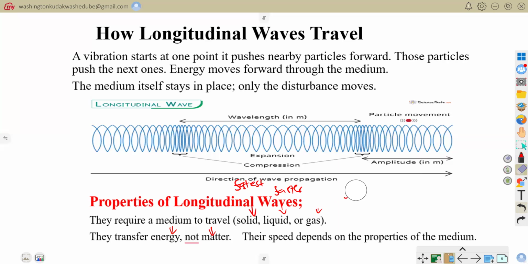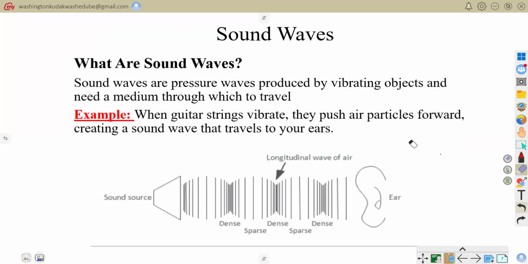Now, since we now know and understand how longitudinal waves propagate, or how they travel, let's now dive deep into sound waves, because sound waves are one important example of longitudinal waves that apply in our daily lives. We make use of some sound properties. In our daily life, we apply different properties of sound waves. Like for example,